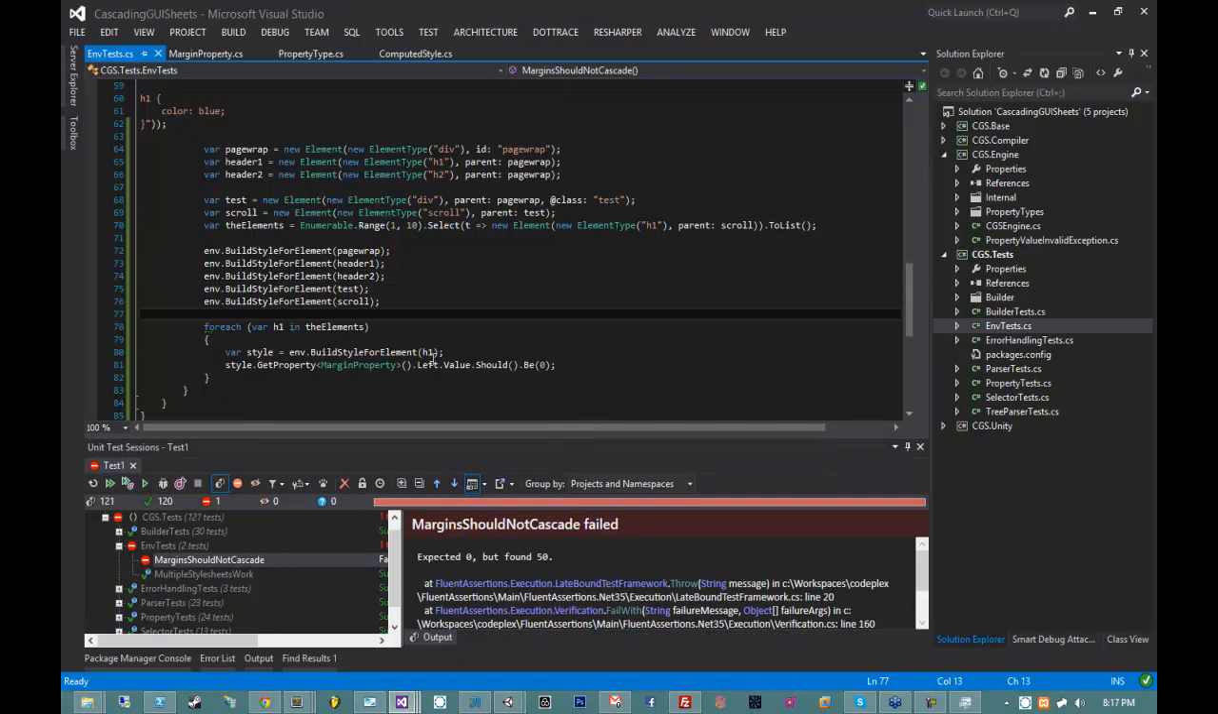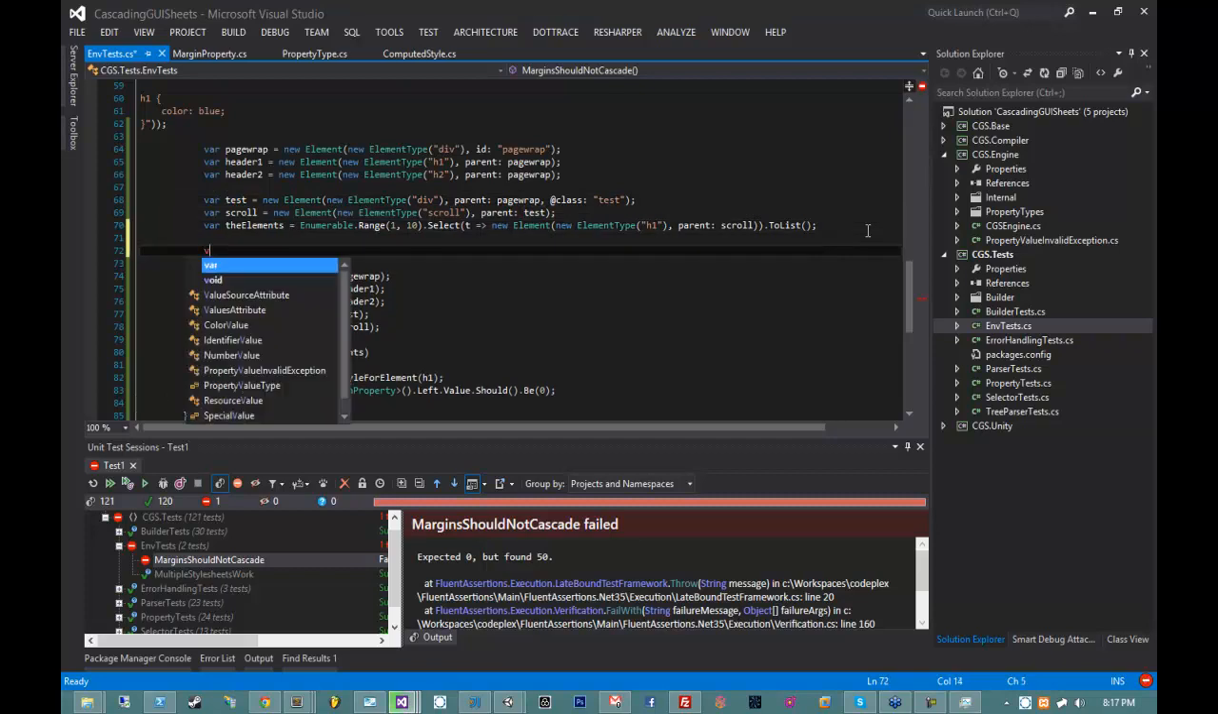So the issue is that our margin property is cascading for whatever reason, and I have a couple theories as to why this could be. What I'm going to do is get a reference out of my margin property for test. So I'm going to say